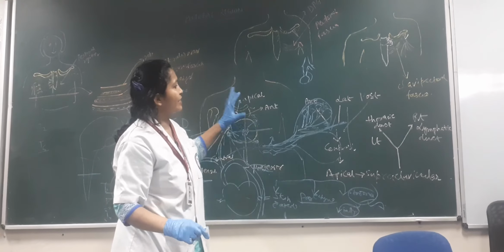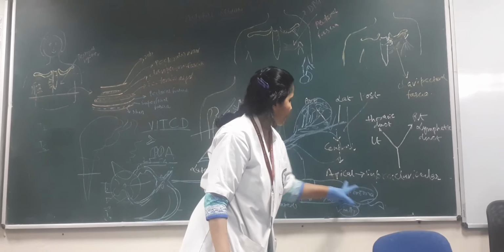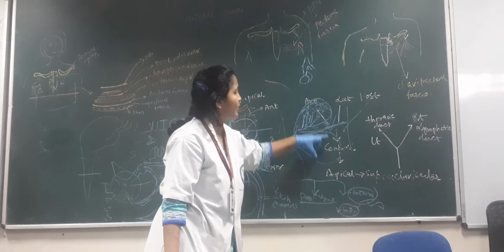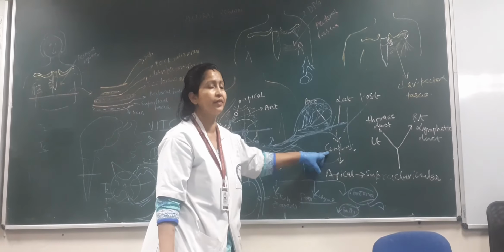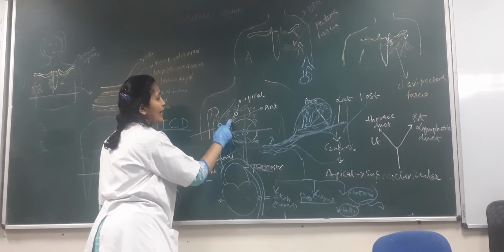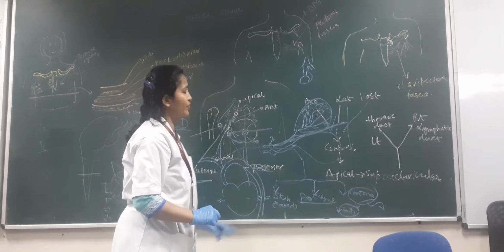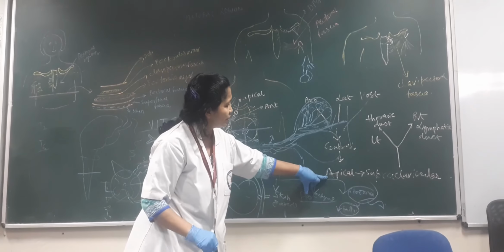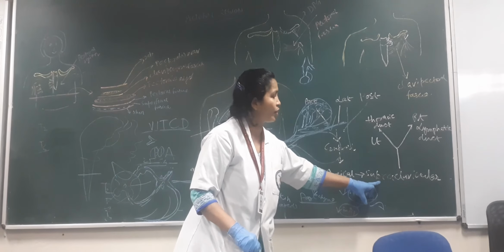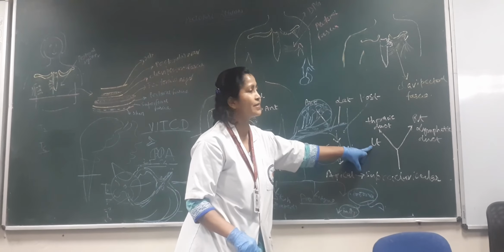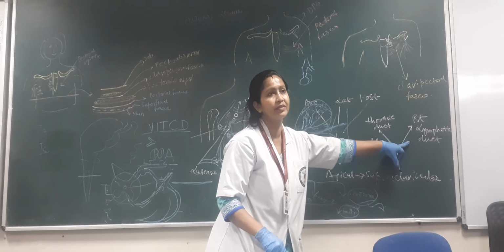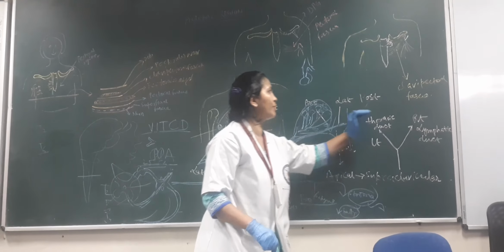First the normal drainage. This lateral, posterior and anterior will drain into central. Lateral, posterior, anterior, this will drain into central, then central to the apical, apical to the supraclavicular, from the supraclavicular to the, in the left side it is going to the thoracic duct, and in the right side right lymphatic duct. इस तरह से नॉर्मल ड्रेनेज हो गया.